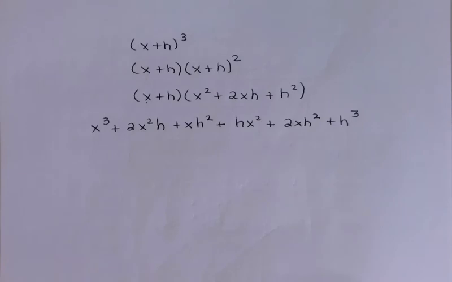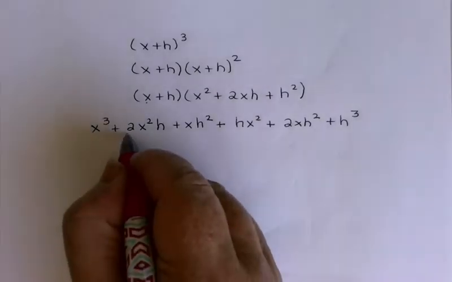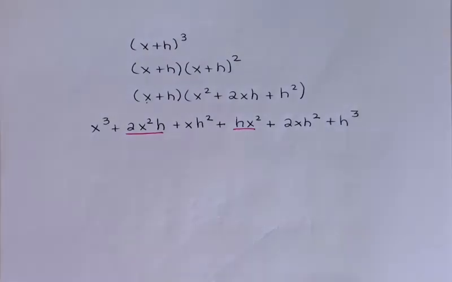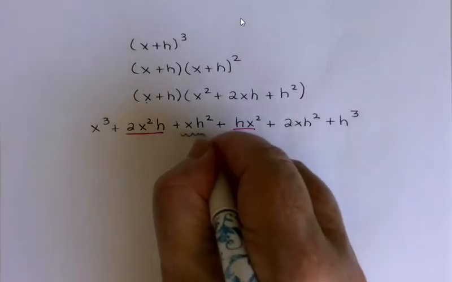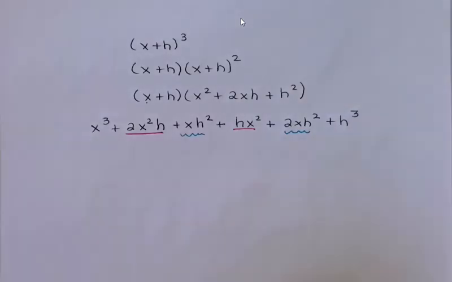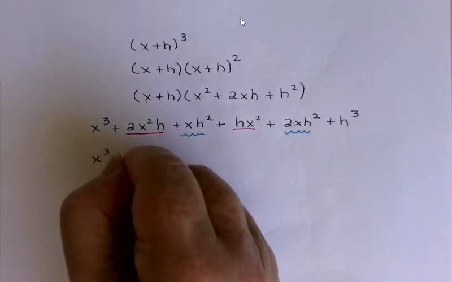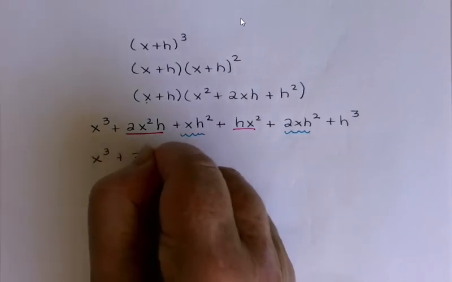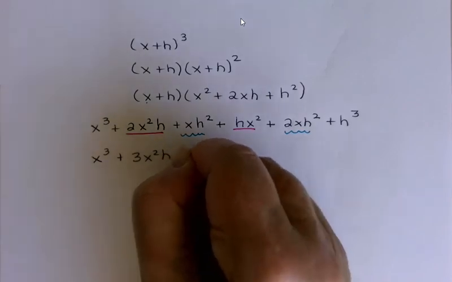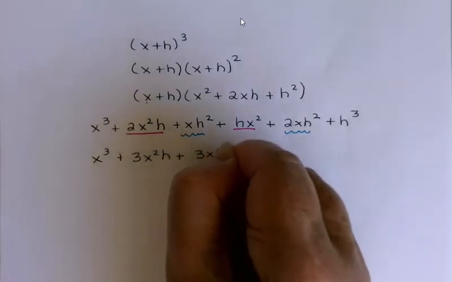And it looks like I do have some like terms. Those two both have an h and an x squared in them. And then these two both have an x and an h squared in them. So combining my like terms, x cubed plus 3x squared h plus 3xh squared